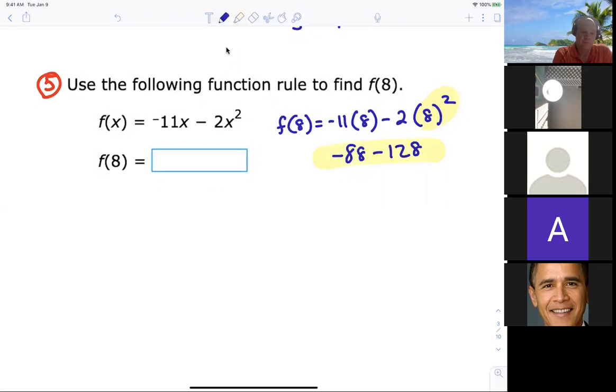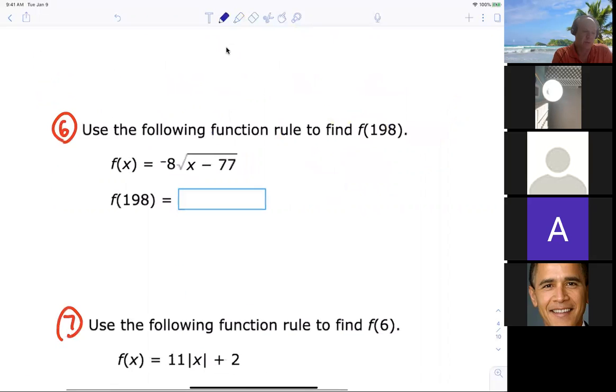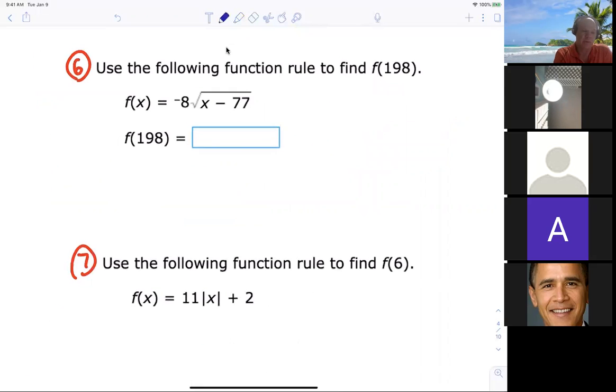If I do 2 times 16, negative, this is plus 3. Everybody agree with that? That was number 5, right? All right, here we go. Number 6. Now we have to plug in 198. Plus 6, so it's negative 8